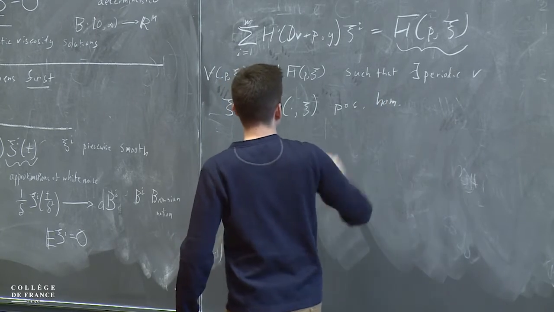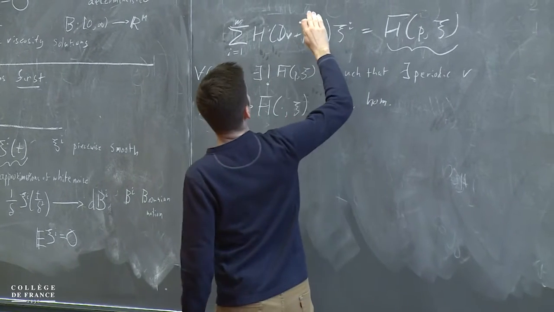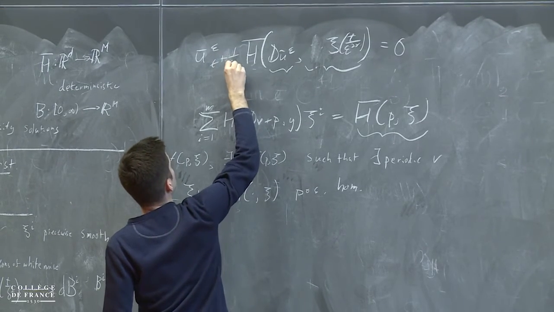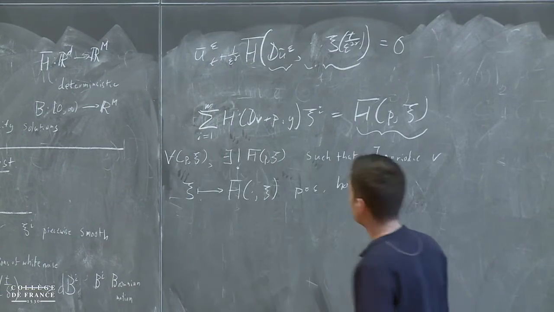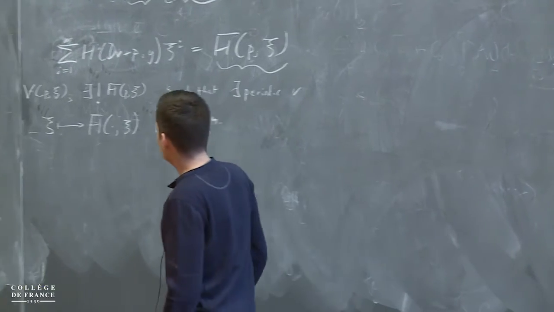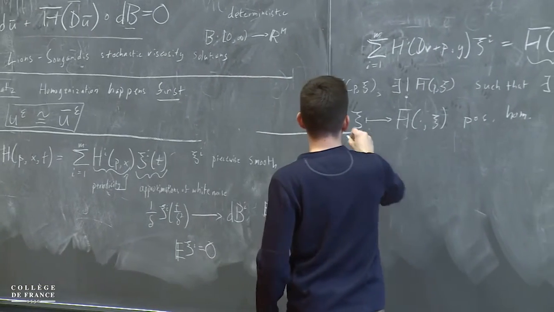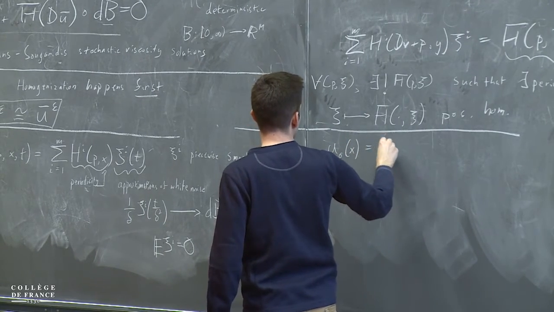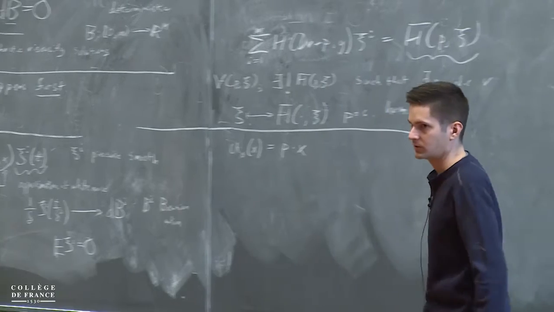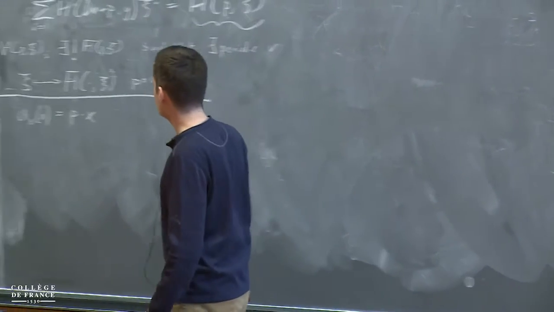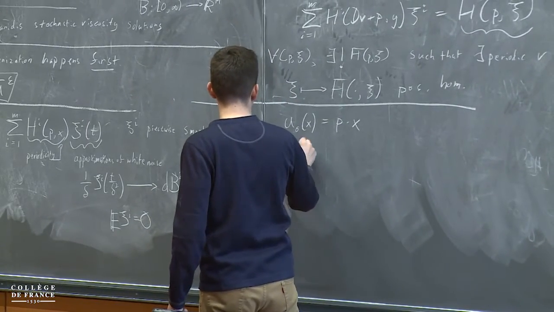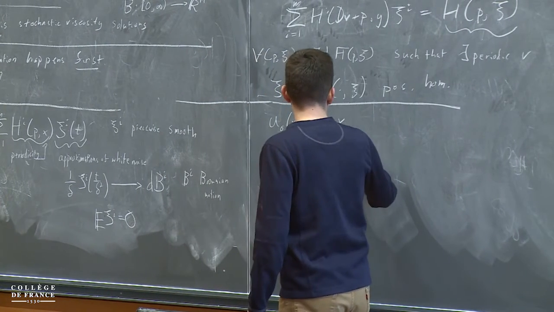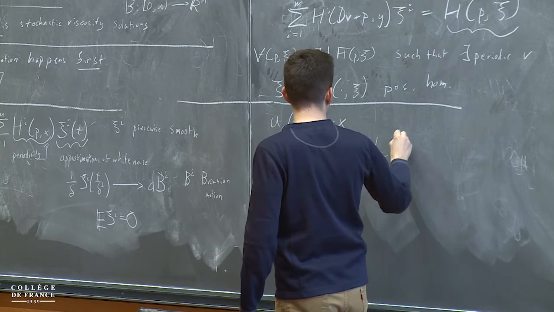Positively homogeneous. So at least I can pull this power of epsilon out. Okay, that's one thing we can do. The second thing we can do is let's now restrict to having an initial condition, which is just affine. And then you can see what the solution is. It's just p dot x plus 1 over epsilon gamma.